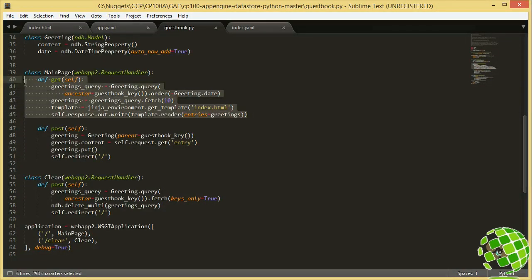Our get will get called. And the first thing it's going to do is set up a query. So it's going to do a greeting query, and we're going to perform an ancestor query here, which is going to say, give us all of the children underneath this key for that guest book, and then order them descending by the date of the greeting, so